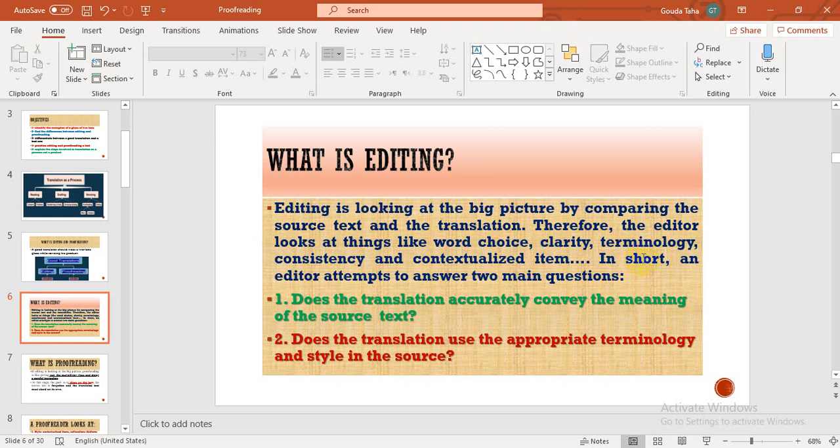So, an editor attempts to answer two main questions. Number one, does the translation accurately convey the meaning of the source text? Do we have the same meaning included in the source text? Two, does the translation use the appropriate terminology and the style in the source text? So,